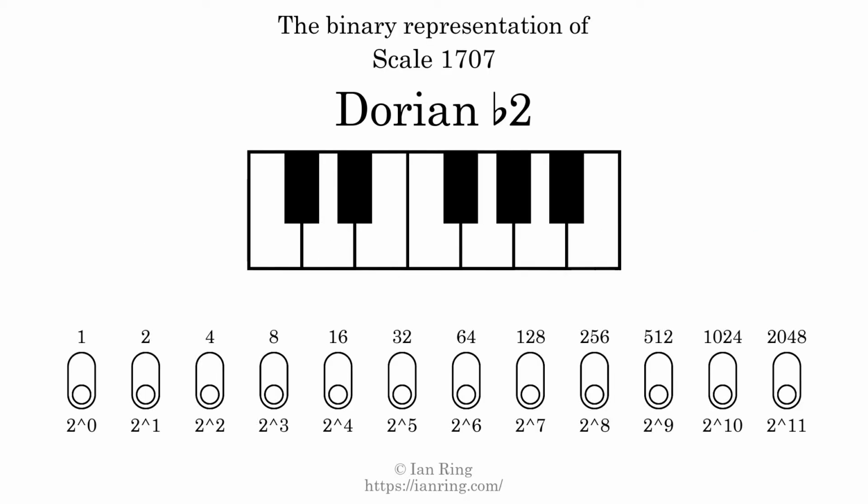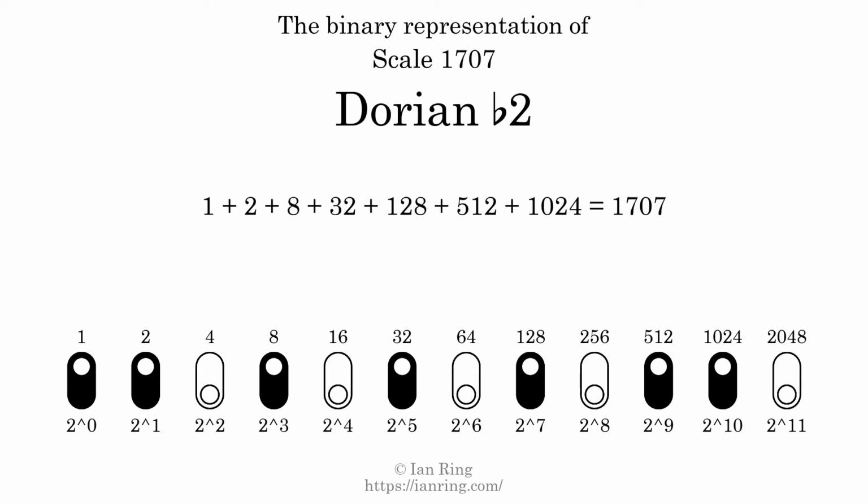The binary representation of this scale is determined by mapping tones of the scale to binary digits. Each binary digit represents a power of 2. To get the scale number, we add the powers of 2 together. The powers of 2 that are present in the scale, all added together, equals 1707. That is why the scale number, in decimal, is 1707. The scale number not only enumerates the scale with a unique index, but it also literally describes the tonal content of the scale. Represented as a binary number in base 2, the scale number is